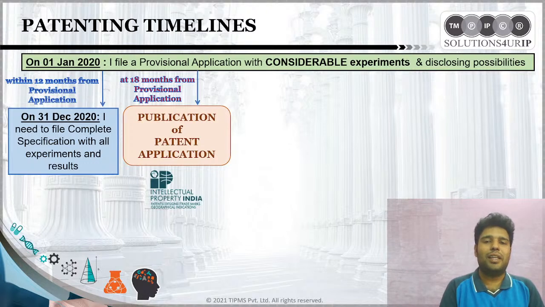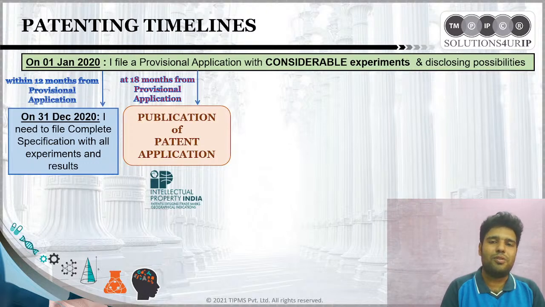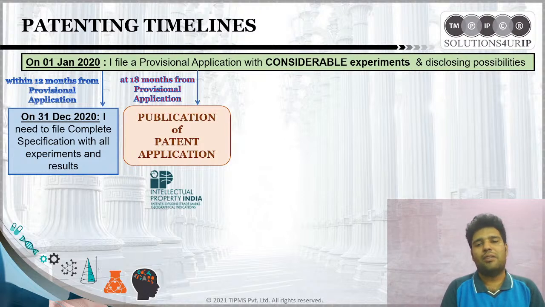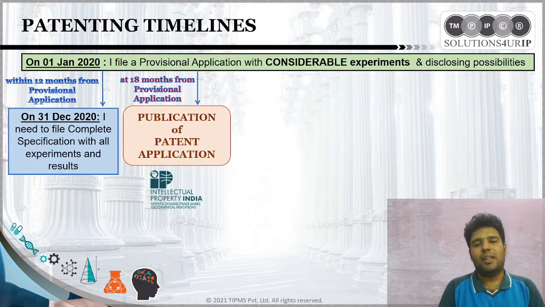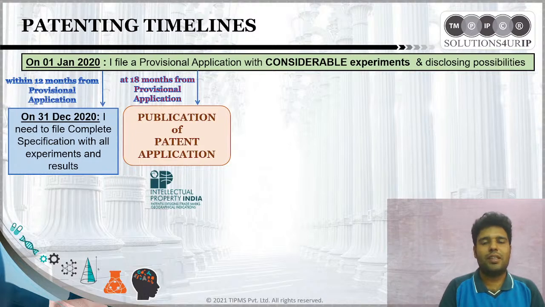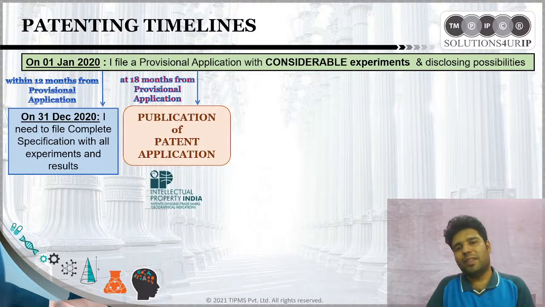In general, I am telling you, a patent application filed, suppose in the US, then the entire patent application as filed in the US will be published in the publication at 18 months. But in India, only the name of the inventor, the name of the applicant, the name, address, nationalities of the inventor and the applicants, the title of the invention and the abstract of the invention is published. Nothing more than that in the published journal. But